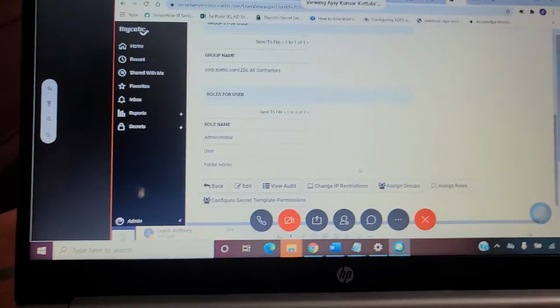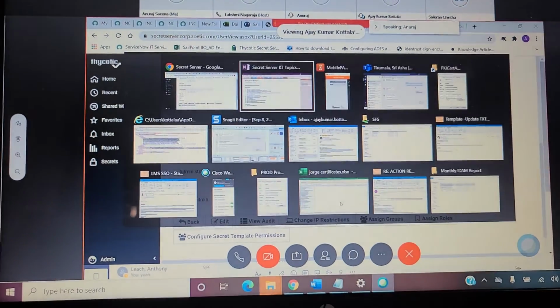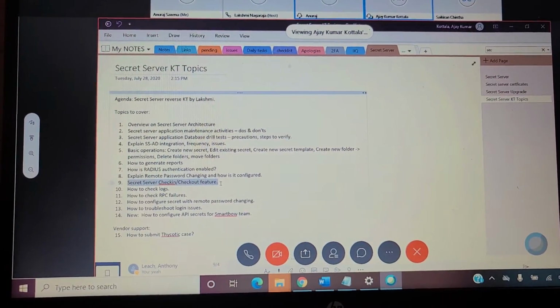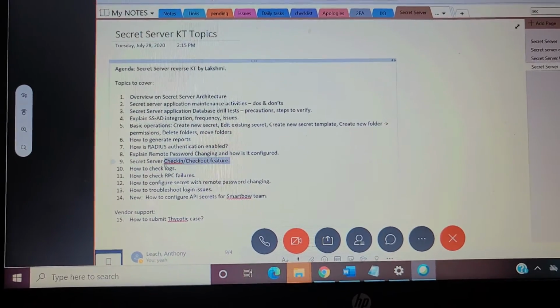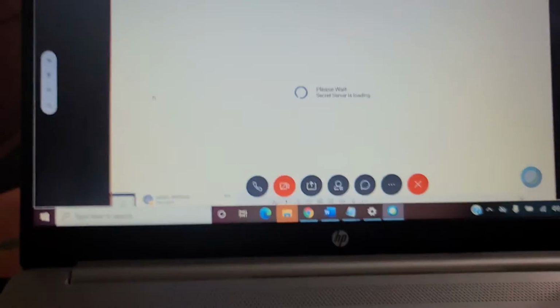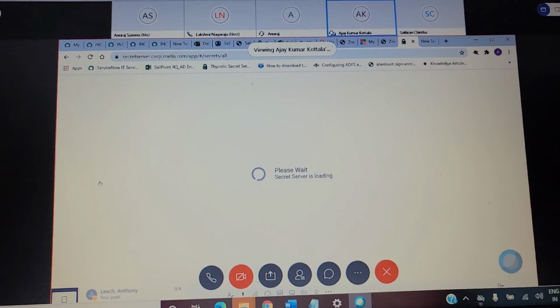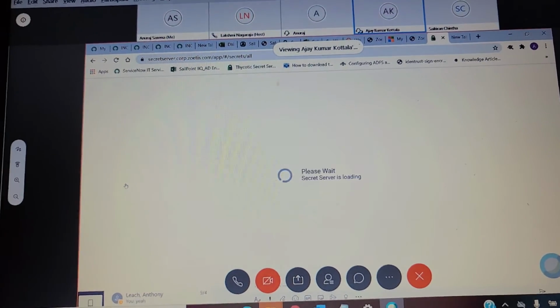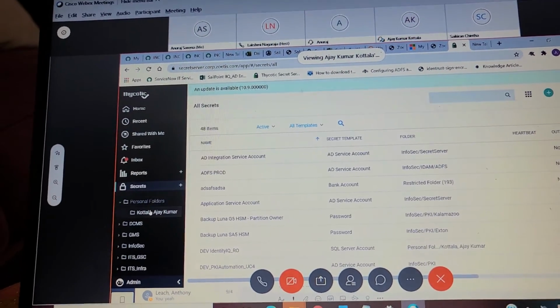No, not to write a comment, I'm telling it is for a few secrets. For secrets, the checkout option is configured. For example, you have created one secret, and you want to configure the checkout option.